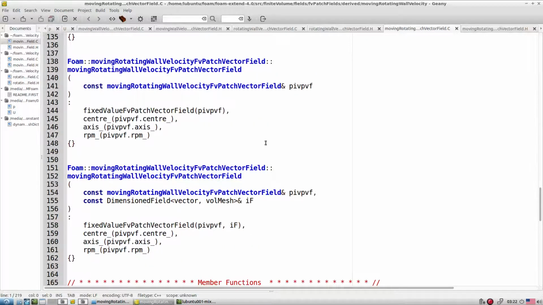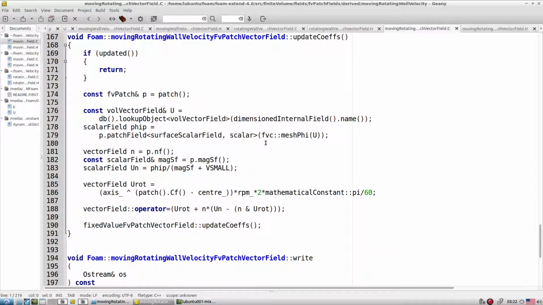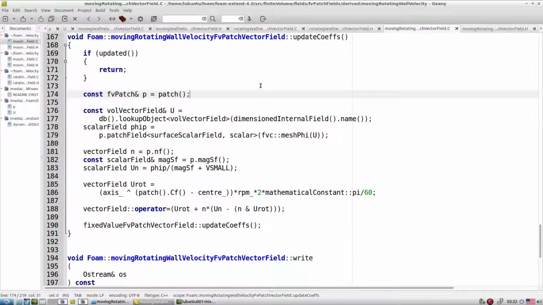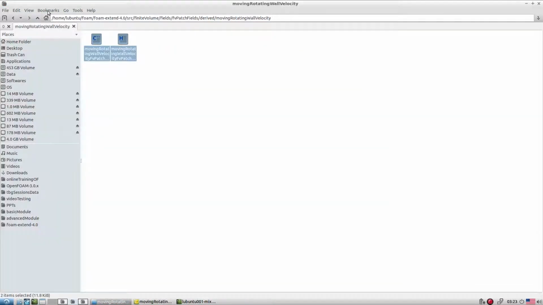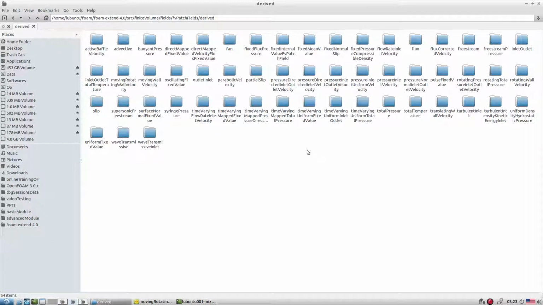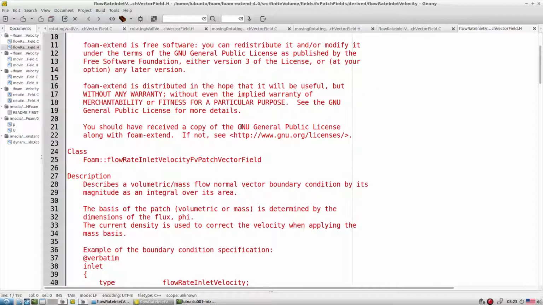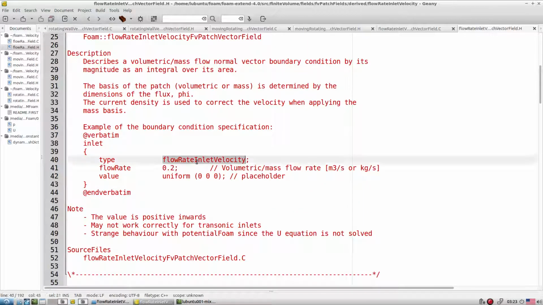Okay, so this is a few of the options available, and this is how it is coded inside of OpenFOAM. Sometimes we want to take into account the velocity based on the flow rate, so we have flowRateInletVelocity, one nice condition available. Sometimes people use this, and we specify the flow rate and just a dummy